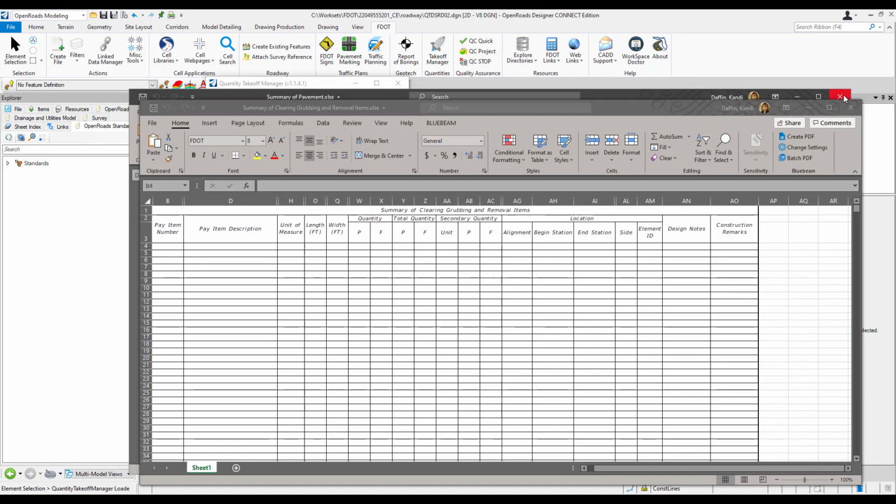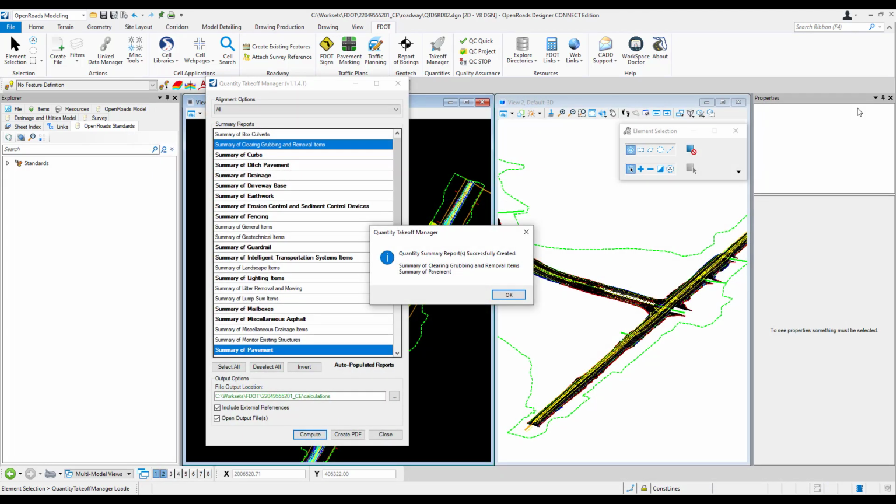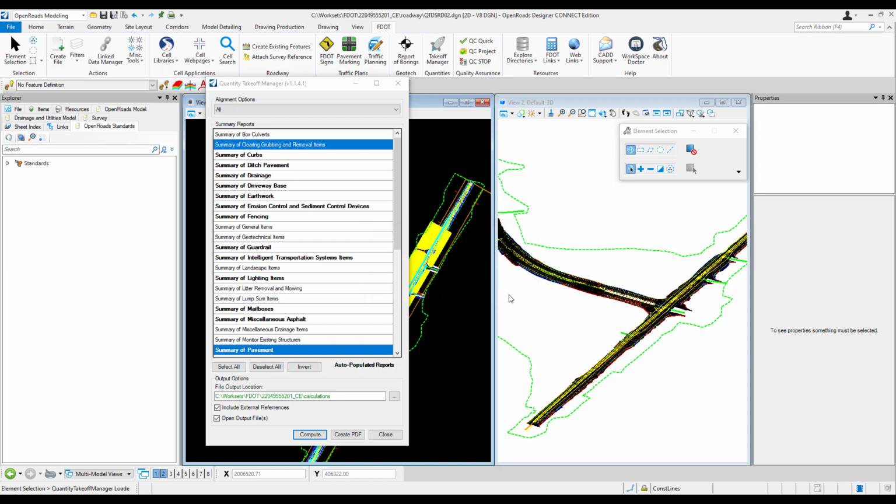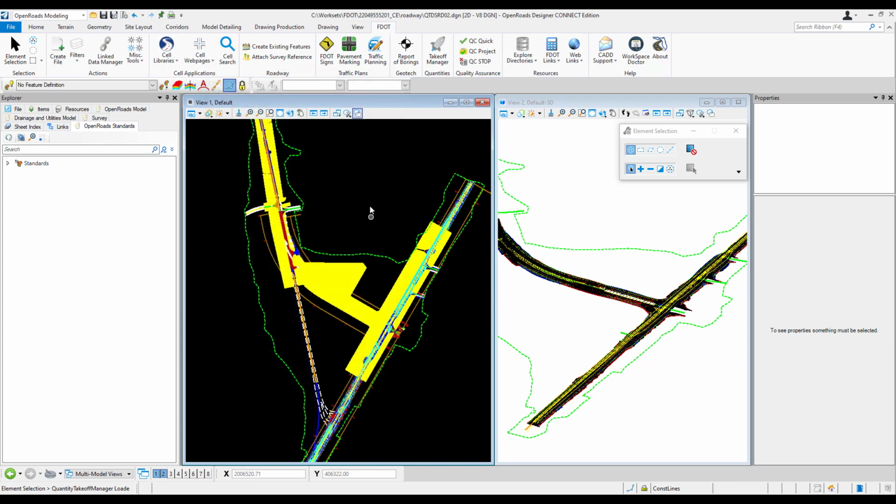Now we can close both Excel files. Notice that there's a message from Takeoff Manager telling us that the reports were successfully created. That message lets you know, even if you don't have the Open Output Files option checked, if all of the files you selected were successfully created or if any failed. That's the end of this exercise. Next, we'll talk a bit about how to fill out those blank summary report templates.